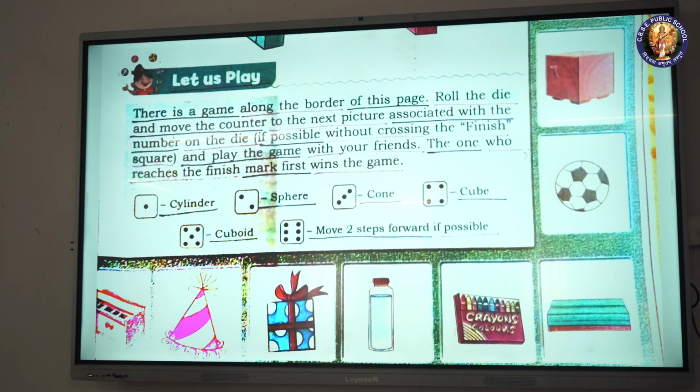The one who reaches the finish mark first wins the game. Cylinder, sphere, cone, cube, cuboid: move 2 steps forward if possible.